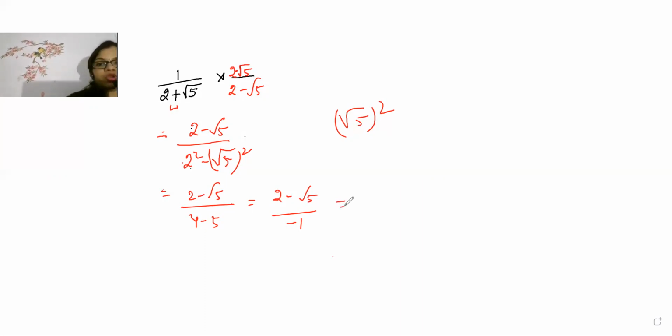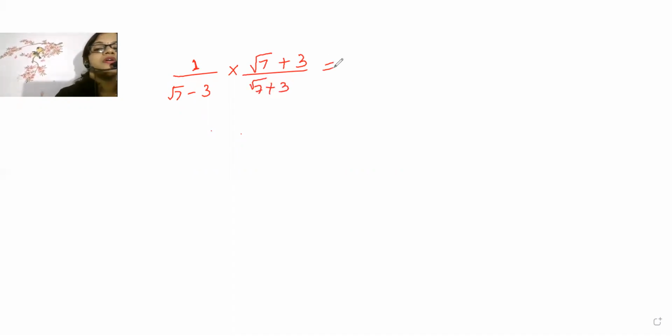Okay, I will solve more questions like this. Let me keep on solving, then you will be able to understand the strategies. So next question I'm solving. Next question Darshini gave me, Auntie, you solve this question: 1 by root 7 minus 3. I said, okay, here minus is there, so I will write everything, but instead of minus, I will add plus. So now it will become, beta, what? 1 into root 7, so root 7 plus 3.